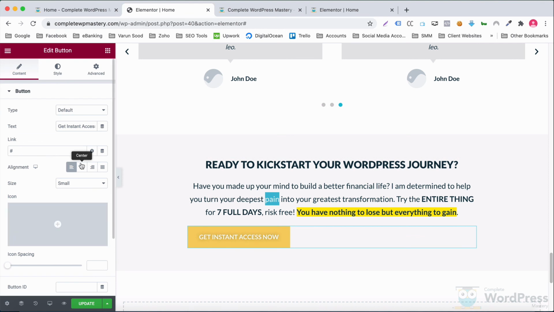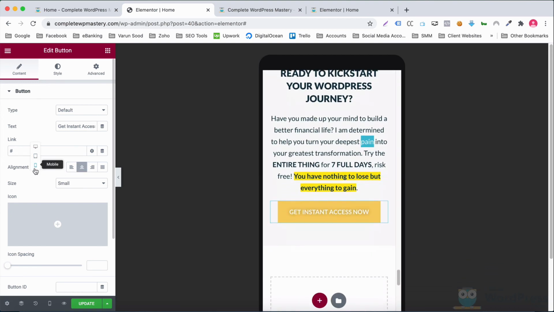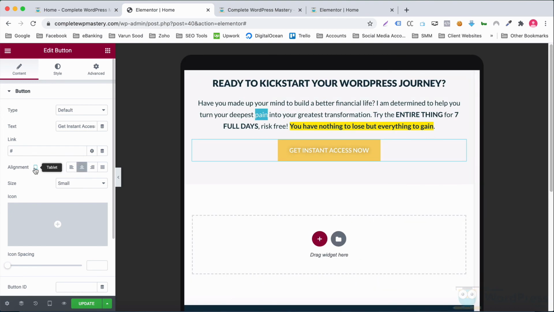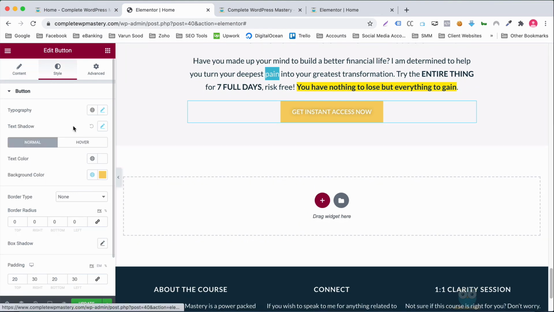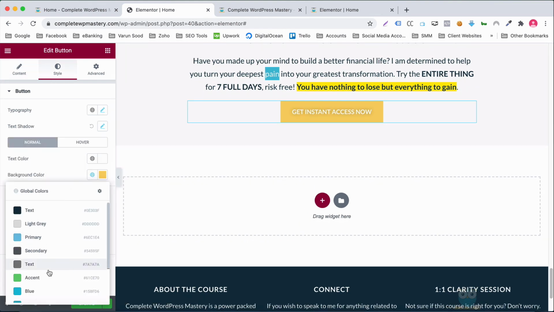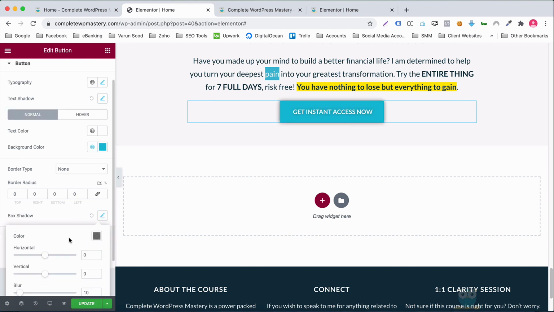I'll center align it. And change its background color to blue. Let's also have a box shadow around the button.